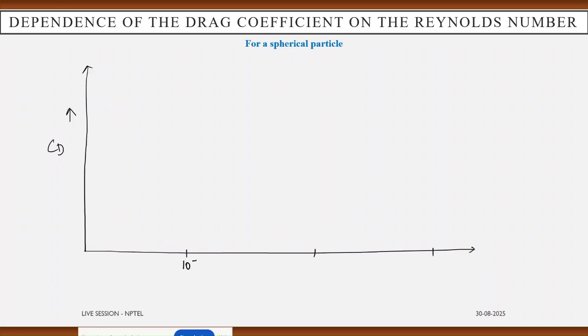This is 10 to the power minus 1, 10 to the power 3, 10 to the power 5. This one is the Reynolds number. So in the regime of 10 to the power minus 1, or 0.1,